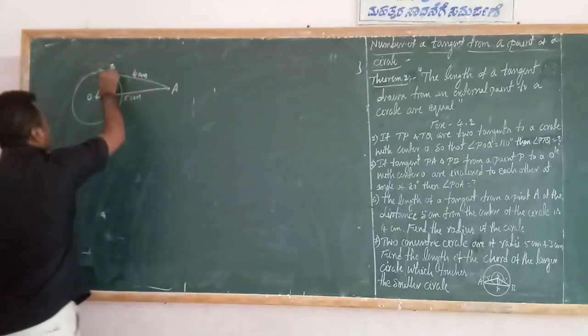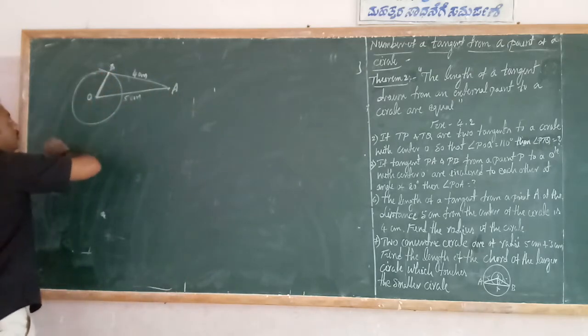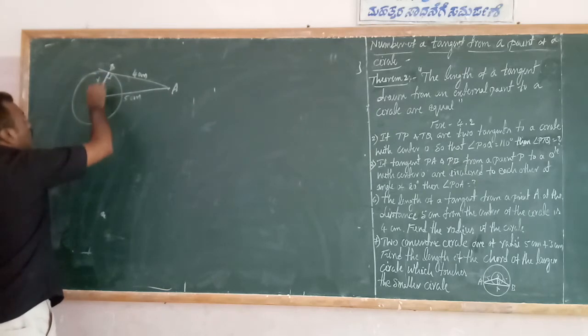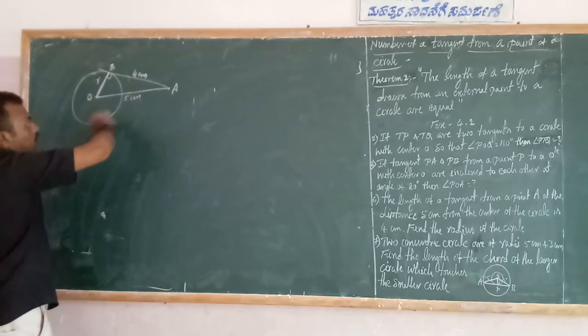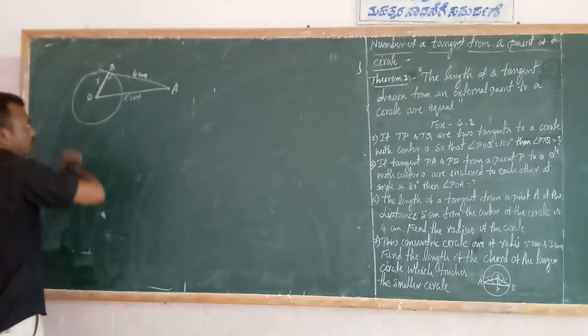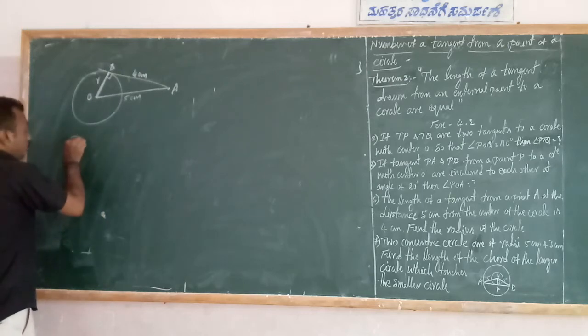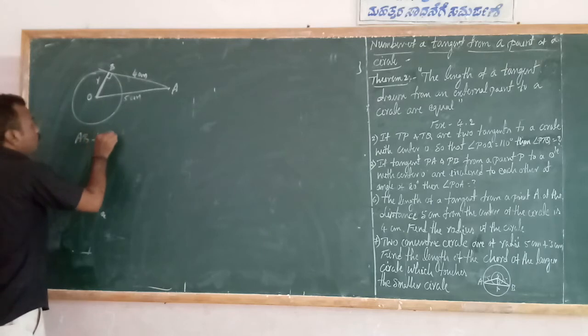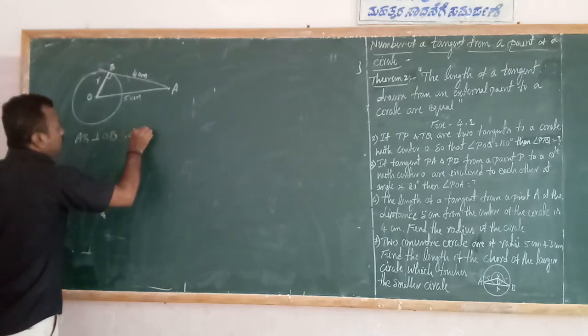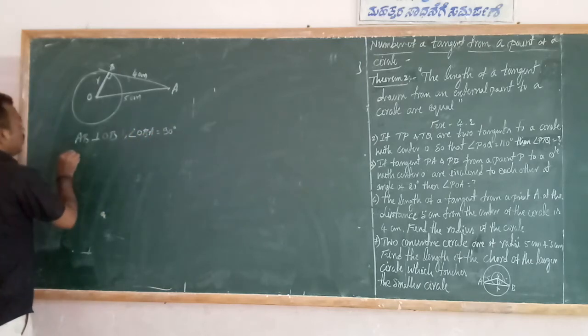So this is the radius of the circle, and this radius we have to calculate. We already know that angle OBA is equal to 90 degrees because OB is perpendicular to AB, or AB is perpendicular to OB. Therefore, in triangle OBA, angle OBA is equal to 90 degrees. Therefore, according to the Pythagoras theorem,